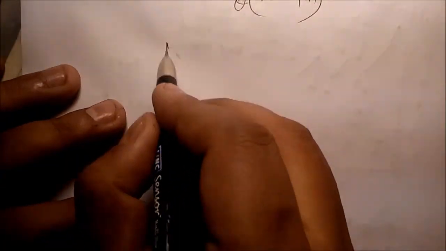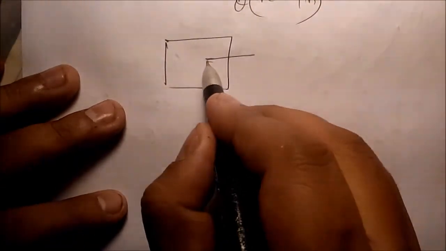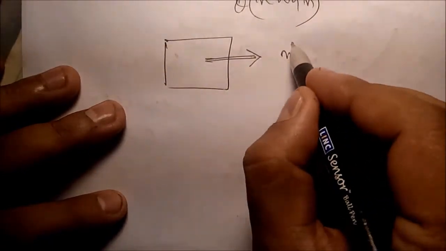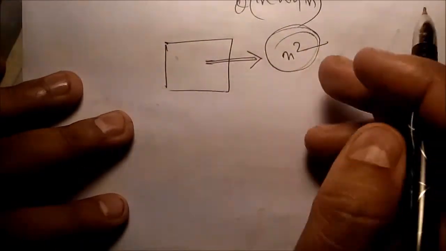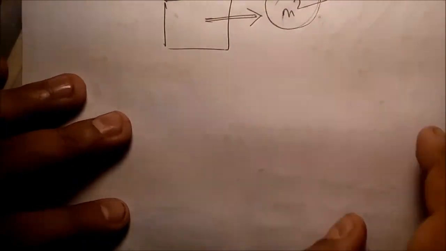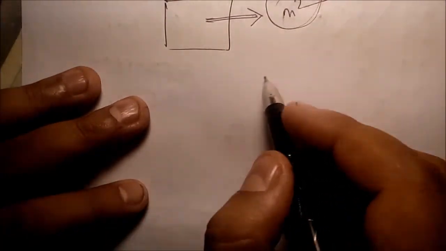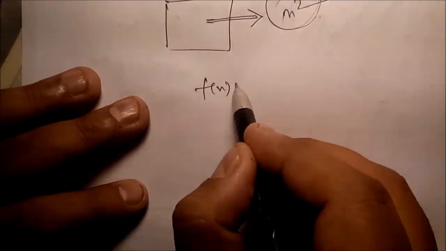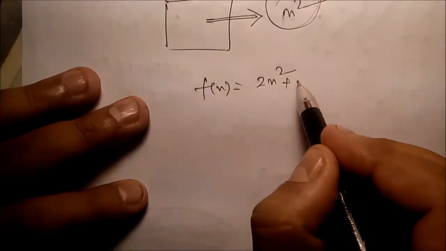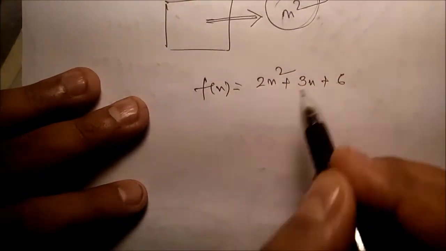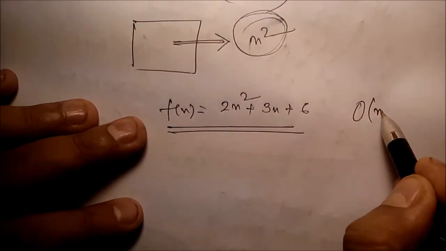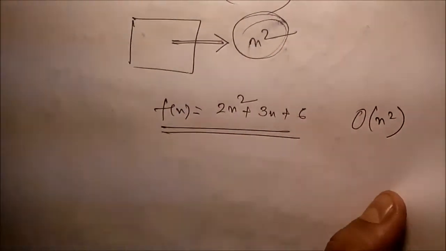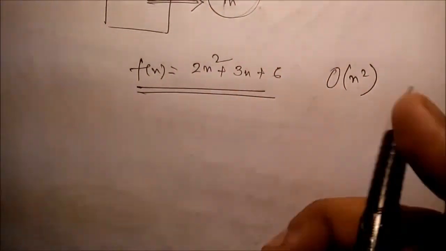Now, how practical is this? Suppose one algorithm is there and you are asked what its complexity is. We may just write n square. The question is, what is the indication of that? What is the use of this n square? Suppose one algorithm has the equation 2n square plus 3n plus 6. If it is the worst case complexity, we may write big O n square. What is the actual meaning of that?